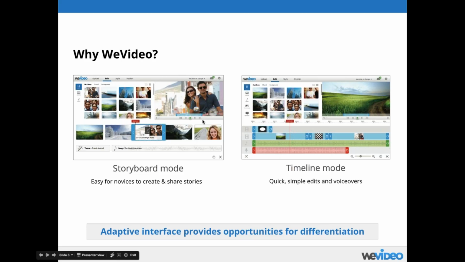You have 2 modes. One is a storyboard mode for either novice users or perhaps users who are not able to take advantage of some of the advanced features and the more complex stuff that comes in timeline mode. I know differentiation is important in education, and WeVideo provides room for all sorts of users, both novice and expert users, to create videos.